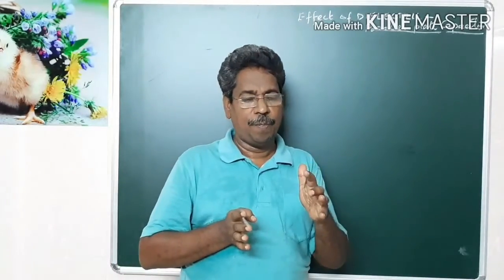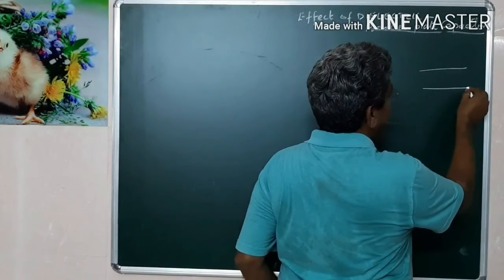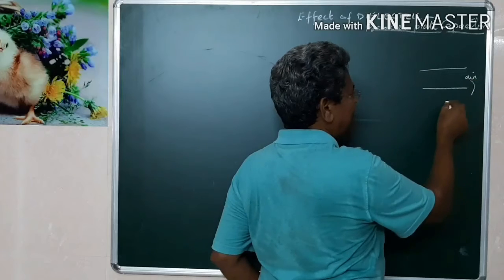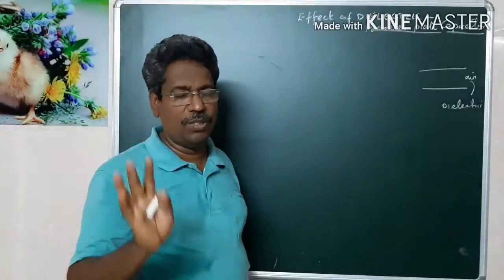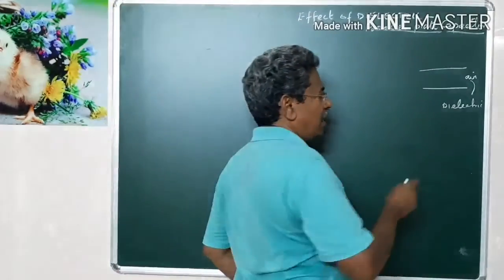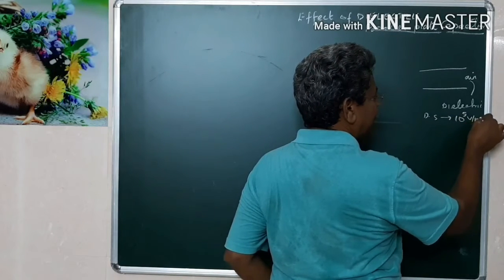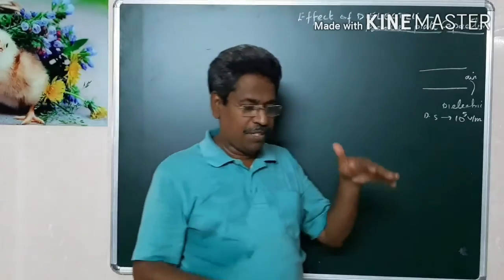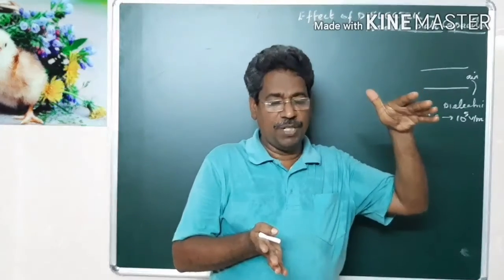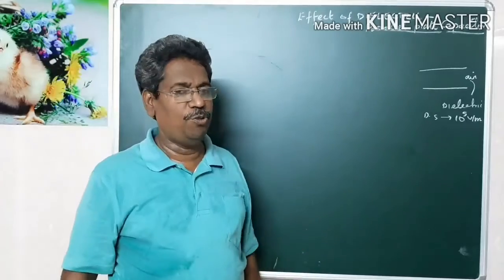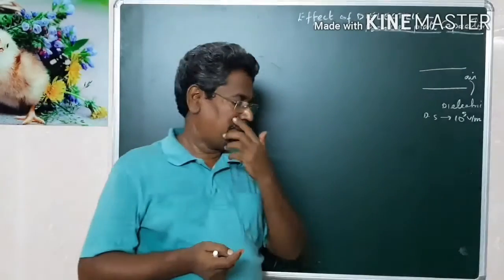First let us study a parallel plate capacitor with air. Remember, air is also a dielectric. Air is not a good conductor. It will not allow the charges to pass through. And the dielectric strength of air is about 10 power 5 volt per meter. That means if you apply 10 power 5, 1 lakh volt, between two plates separated by a distance of 1 meter, then current or charge will begin to flow. That is called dielectric breakdown, beyond which the air will begin to conduct.